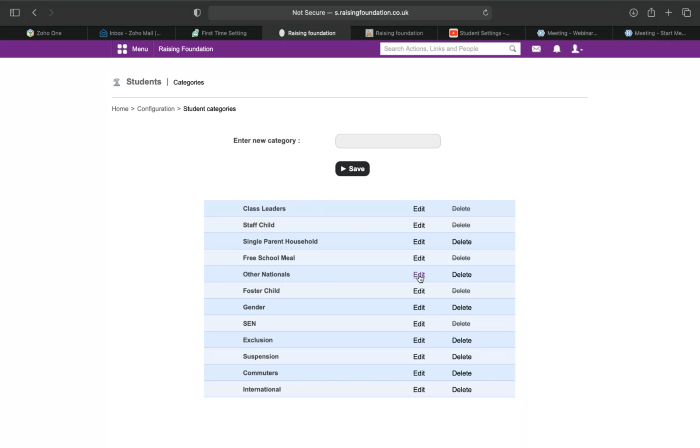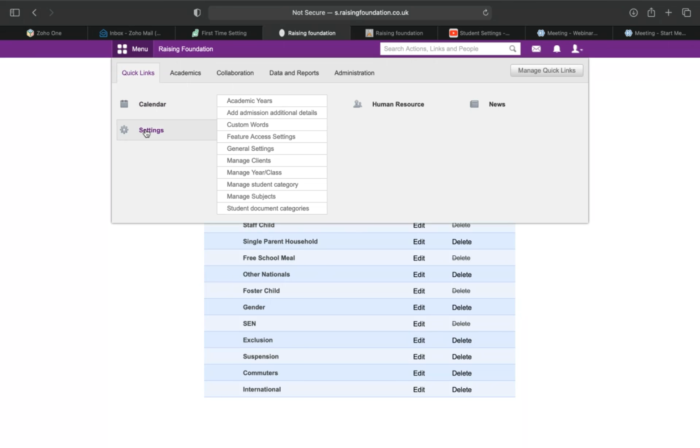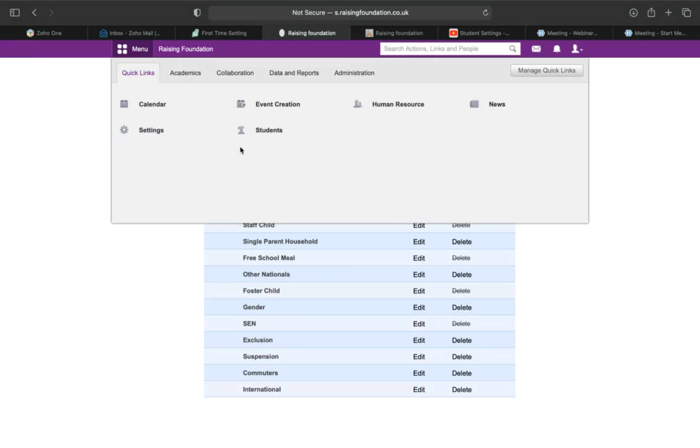So if you want to delete, we can delete any categories that are no longer required. We can edit the name of the categories. We can create new categories using this particular icon. So we have created years and class. Now we have created a student category, and the next important thing to do is to create or manage the